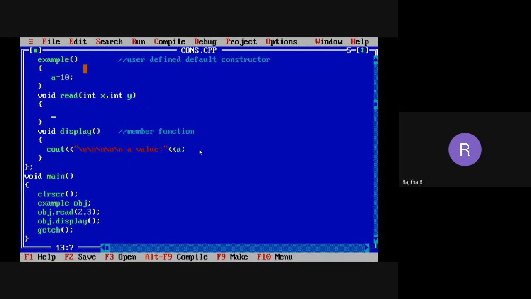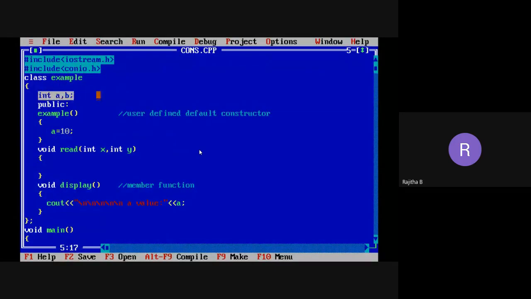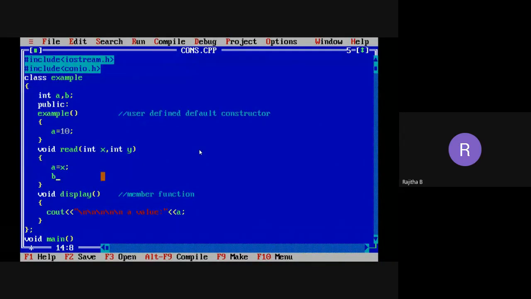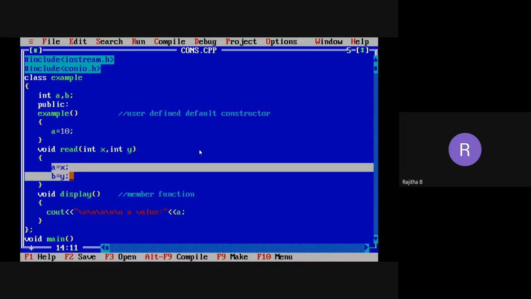So I want to assign these formal parameters to the data members. So what are my data members in the program? I am taking here A and B. So I want to assign these x and y values to the data members A and B. So how to write the statement? Now listen carefully. Data member A equal to formal parameter x, means the x value will be assigned to data member A. Like that, data member B equal to parameter y, means the y value will be assigned to data member B. Is this clear? Two statements: a equal to x and b equal to y.